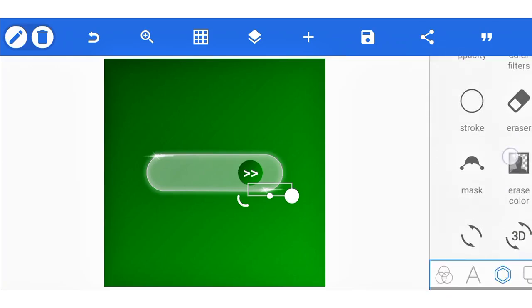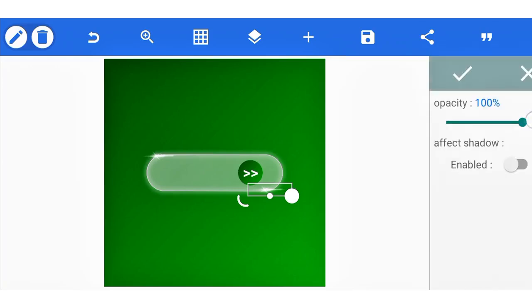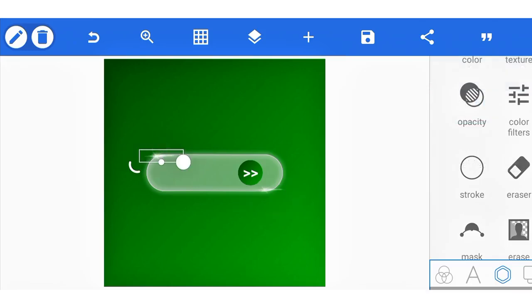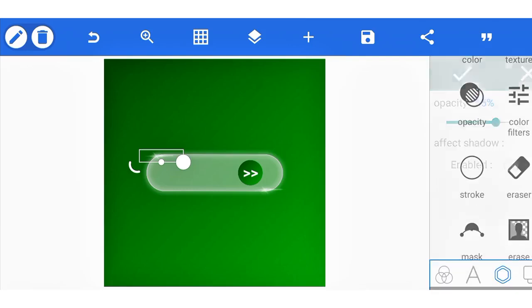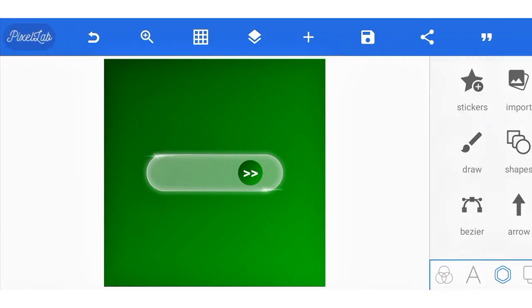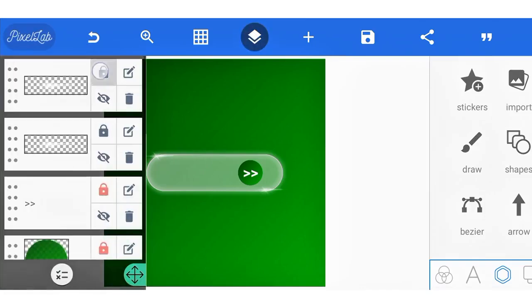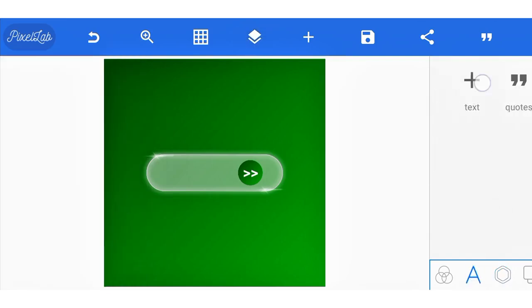Then reduce the opacity of the light. Reduce the opacity to say, let's leave it at 65. Then this other one, do the same, reduce it to 65. Reduce it to 65 and click OK. So just lock them, and then you can go ahead and type